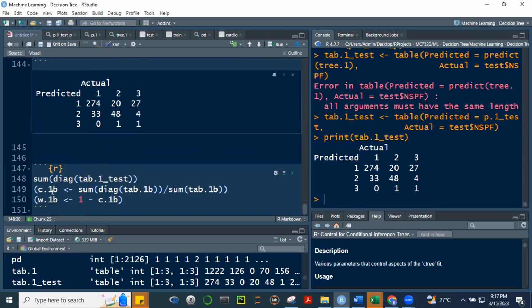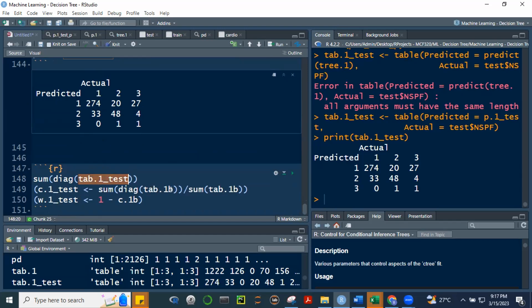And then C.1, okay, let's call it test. So this should be, ito yung table natin.